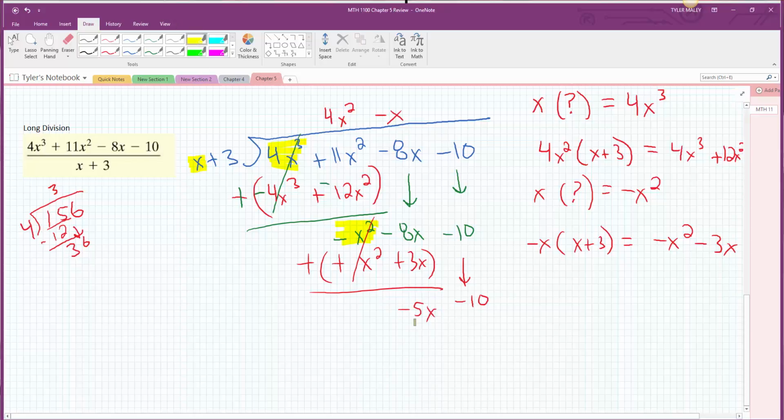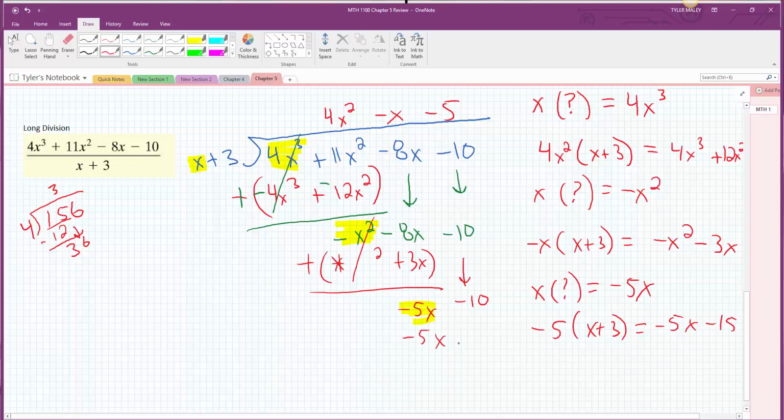And then same thing, only worry about the highest degree term. So I'm thinking to myself in my head, x times what will give me negative 5x? Well, it's just negative 5, right? So negative 5 times x plus 3 is negative 5x minus 15. Right, we need to subtract off the whole thing. So we'll change it to addition. That goes away, and we get positive 5, right? And this is called the remainder,